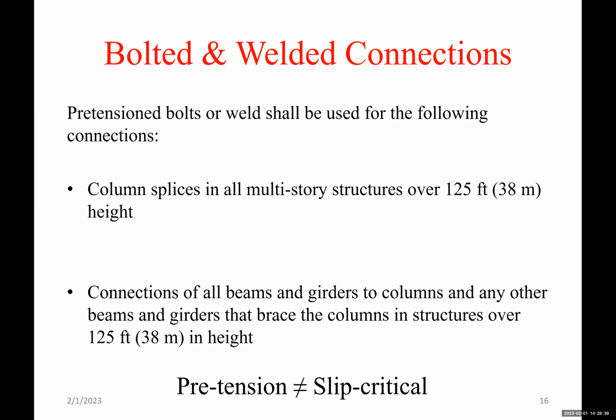Column splices in multi-story structures over 120 feet in height, that's where we need to use pre-tension bolts or welds. Connections of all beams and girders to columns and any other beams and girders that brace the column in structures over 120 feet in height. So for those also, we need